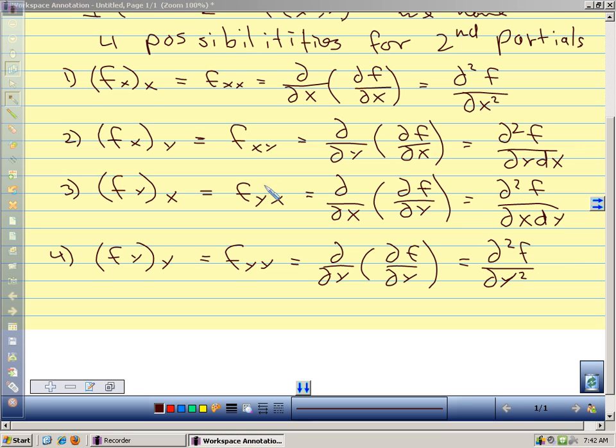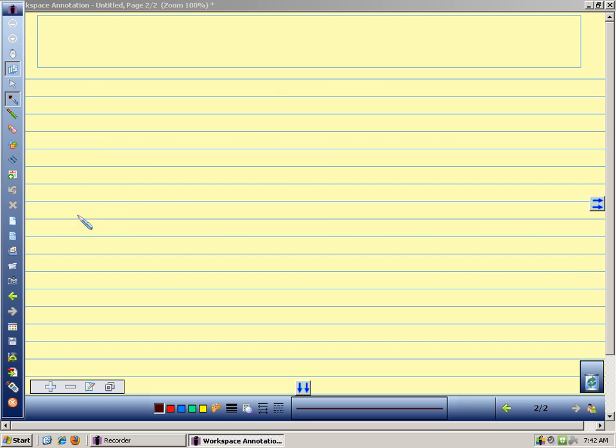One nice thing about the mixed partials is that in advanced calculus, we're not going to do it here, but we can prove that if these mixed partials are continuous, then they're equal. In general, we're going to be working with nice functions where our second mixed partials are going to be continuous. So in general, we can say that the mixed partials are equal. And we'll make that just a little more formal. So we're going to say that for f of xy,